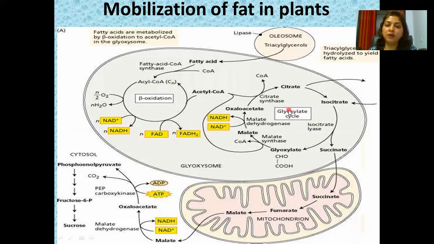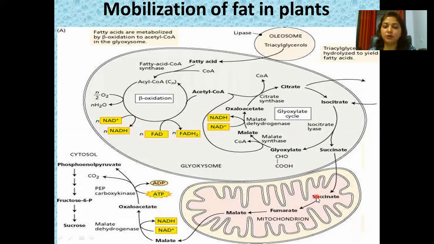Now, per glyoxylate cycle, there is involvement of two molecules of acetyl coenzyme A, and per two molecules of acetyl coenzyme A, there is generation of one molecule of succinate that enters the next cell organelle, the mitochondria. One of the important components of the glyoxylate cycle is the glyoxylate, which keeps the cycle going, whereas the succinate, one of the side products of this cycle, enters the mitochondria.